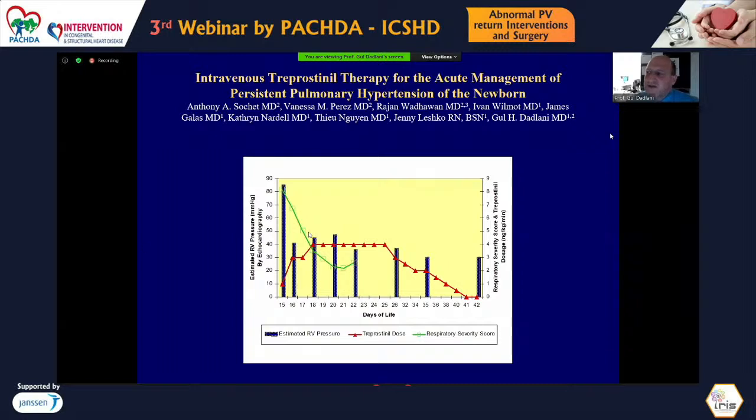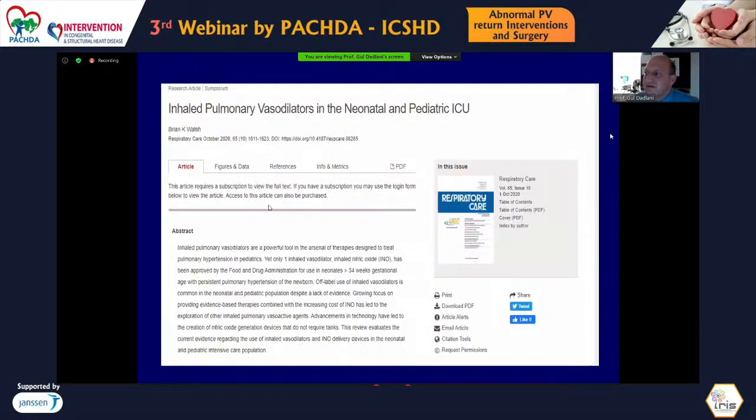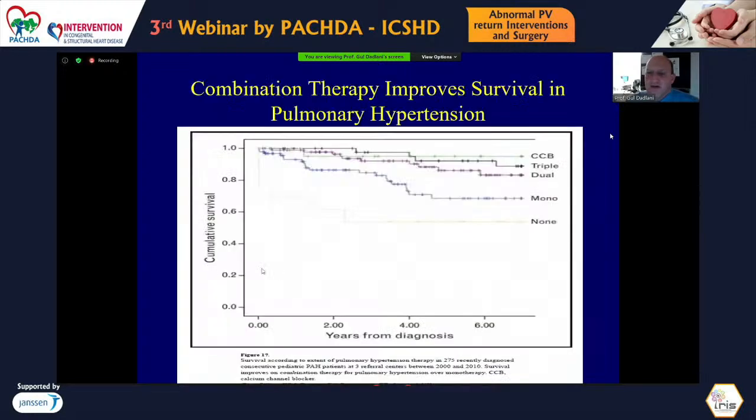Today, you can also utilize the prostacyclin family as inhaled agents acutely as well. So you don't have to use them IV. There are possibilities of giving them through a ventilator setup along with nitric oxide as well, depending on your institution. The other thing that I want to impress upon you is the need for consideration for